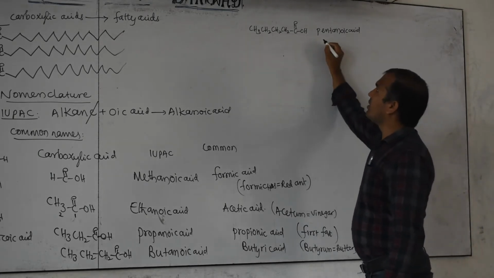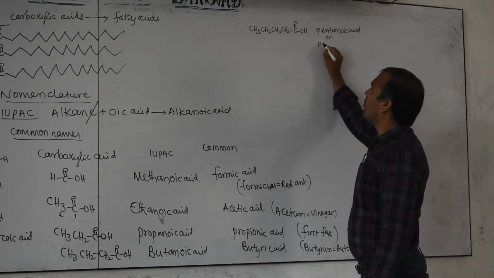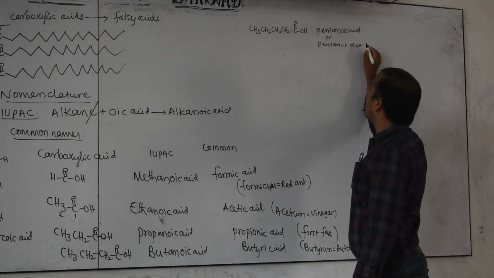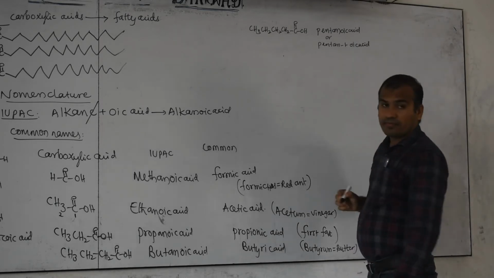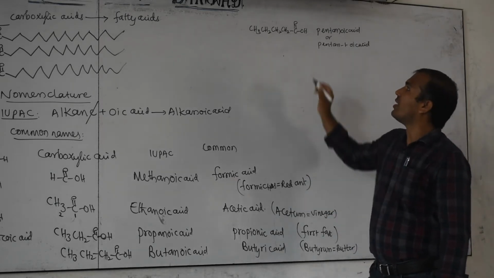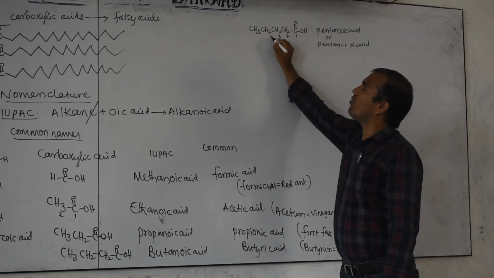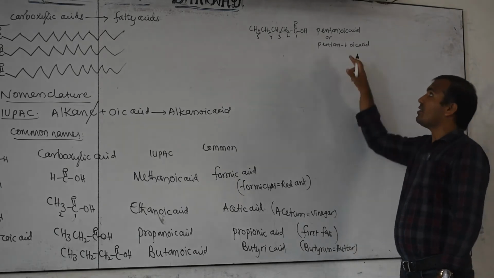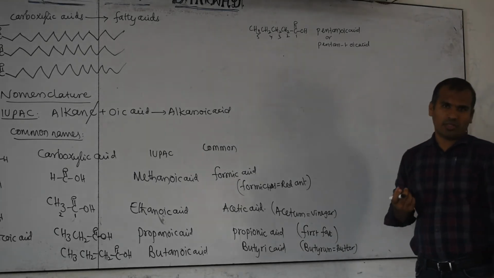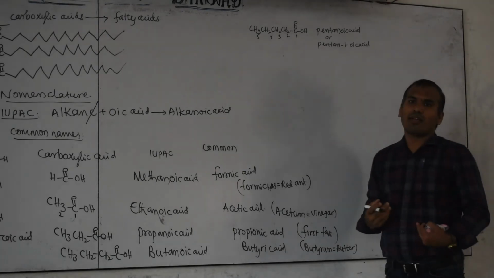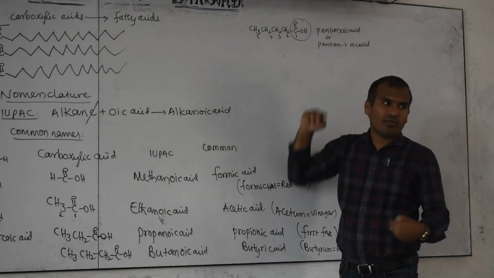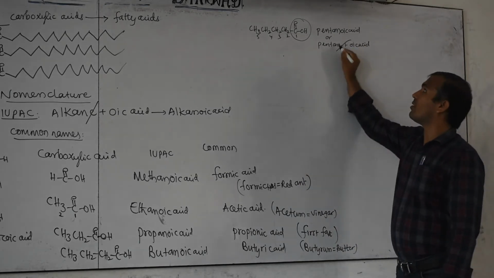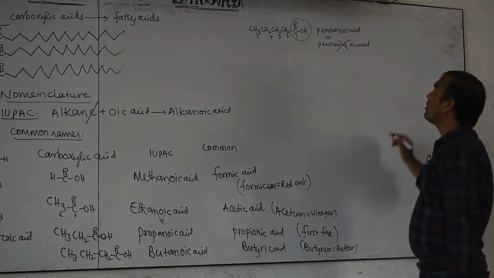But don't write it like this. For example, if you write pentane 1 oic acid, that is wrong. Then you may ask the question here, 1, 2, 3, 4, 5, the correct position is at first position only oic acid is there. If it is written like this, why is it wrong? That is also your question. Because we already know that it always carries which number? The first one. No need to indicate. That's why this representation is not there. Okay. That also we have to identify.